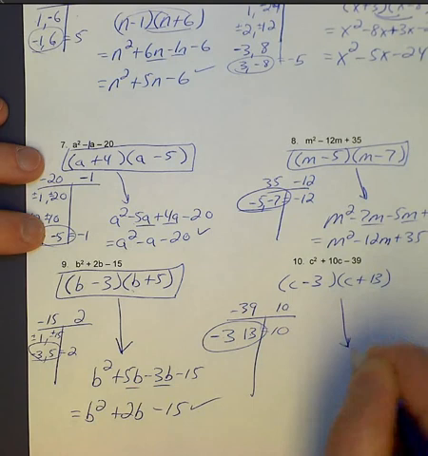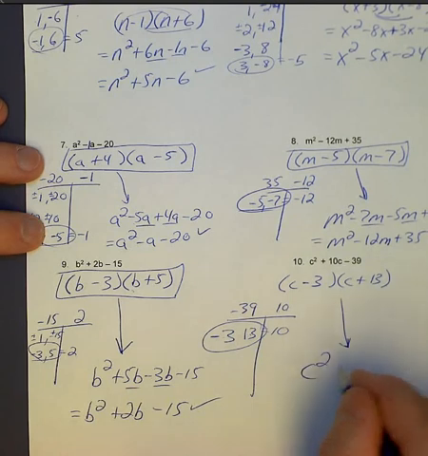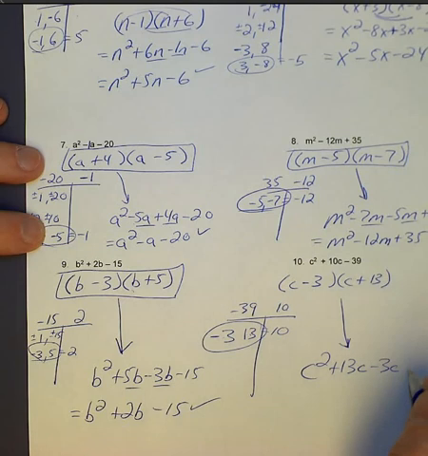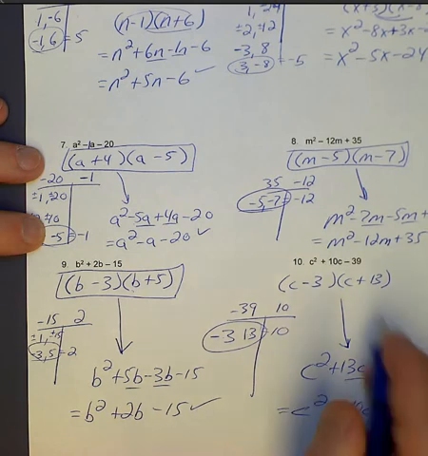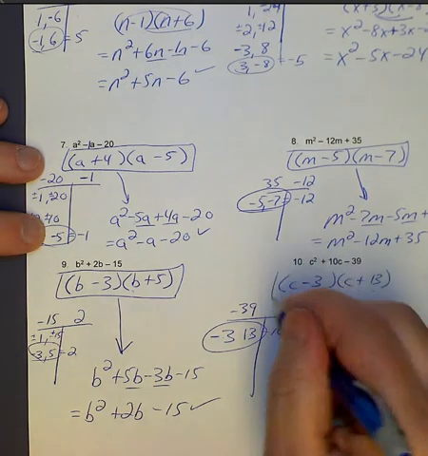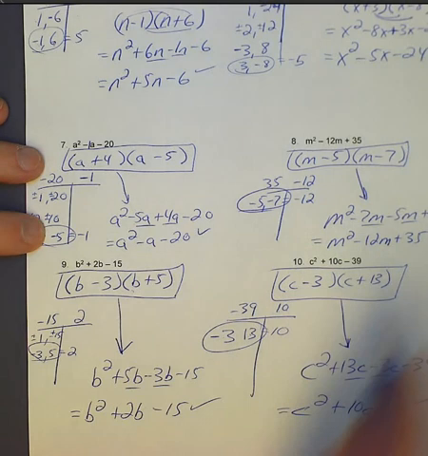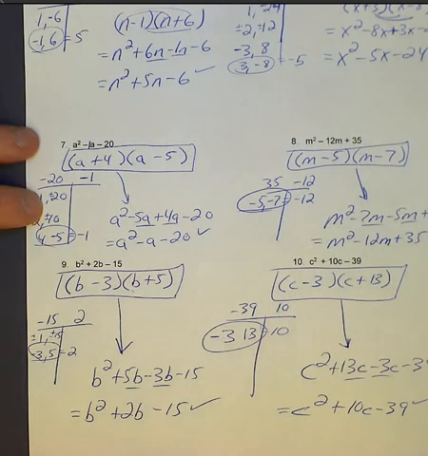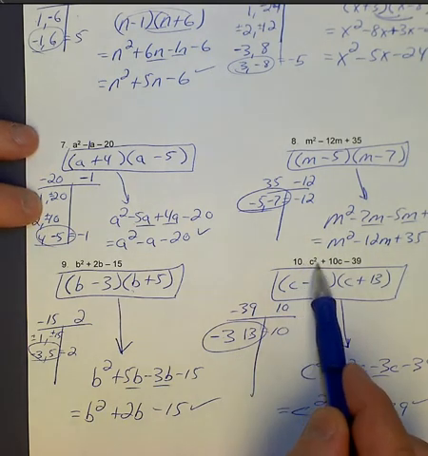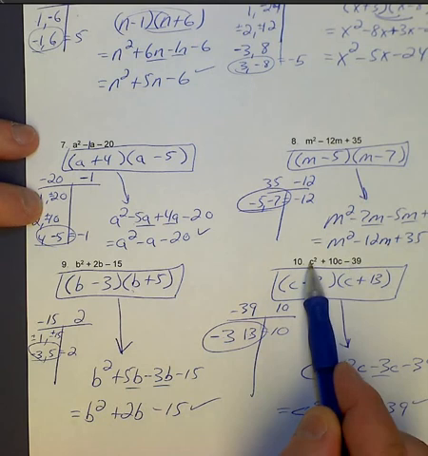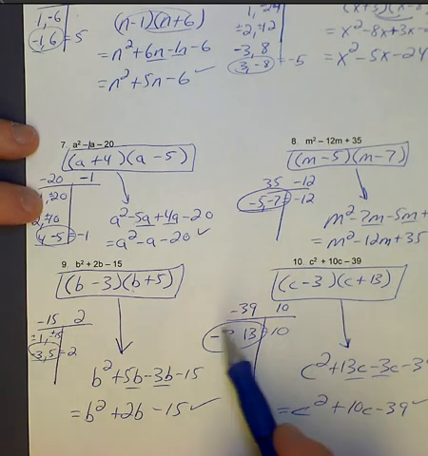We check them. We're going to get c squared plus 13c minus 3c minus 39. I'm going to combine my like terms. I get c squared plus 10c minus 39. Same, checks. I'm going to box my binomial factors. So now you know how to factor a quadratic trinomial with a leading coefficient of 1. So, as for your homework,